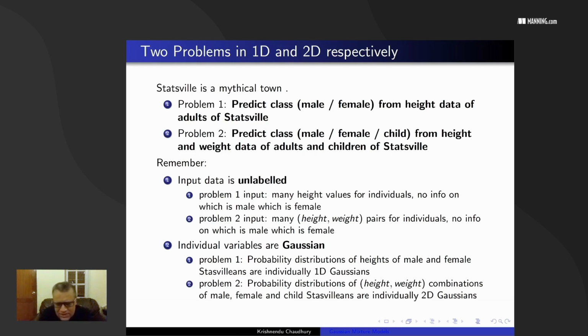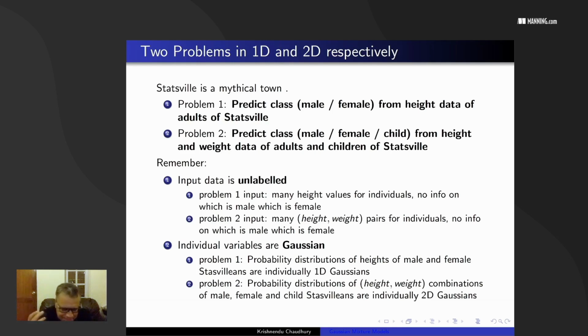The things that we want to note first, the data is unlabeled. That is to say, in problem one, the height data, we do not know whether that particular instance of height belongs to a male or a female. We just have a collection of potentially large number of heights. All we know is these are heights of adult residents of Statsville. And in problem two, we have a pair of height and weight, and we don't know whether